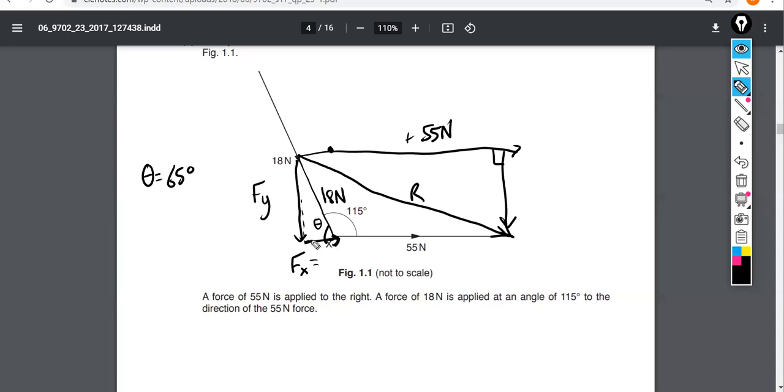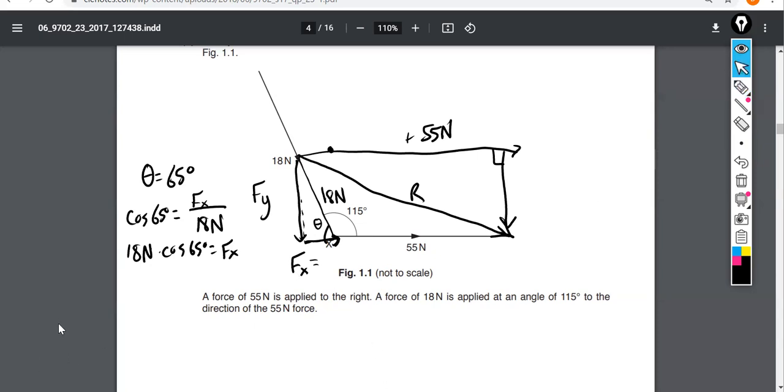So this side right here is adjacent to that 65 degree angle. The hypotenuse is 18. The cosine of 65 degrees relates the side adjacent, the x component of force, to the hypotenuse, 18 newtons. Multiply both sides by 18 newtons. And I can calculate that the x component of this 18 Newton force, which goes kind of down to the right,